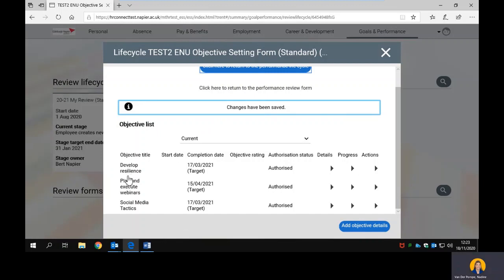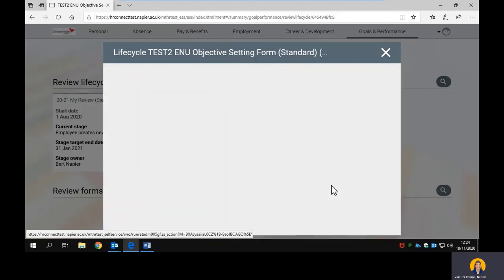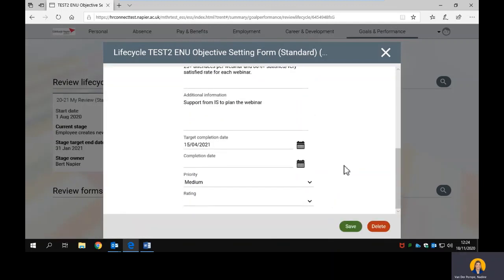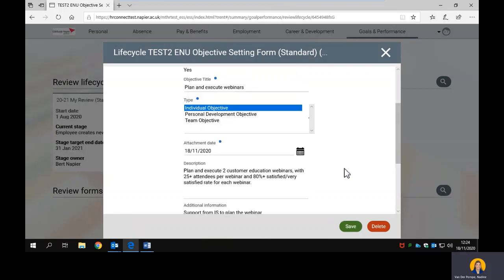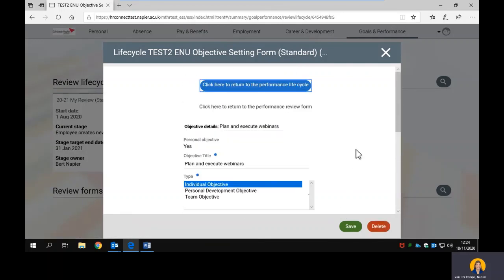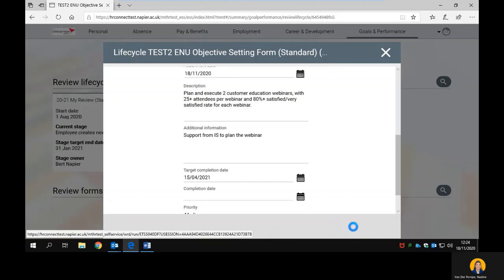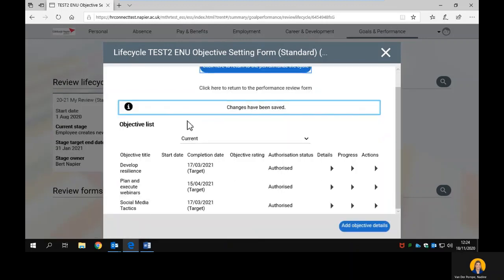If you want to amend and update the objectives you've already created, you can click on Details. So Plan and Execute Webinars. If you click on Details, it will bring you to that specific objective. So you can make amendments and changes, or even delete it if you wish. You are also able to add specific actions to each objective and